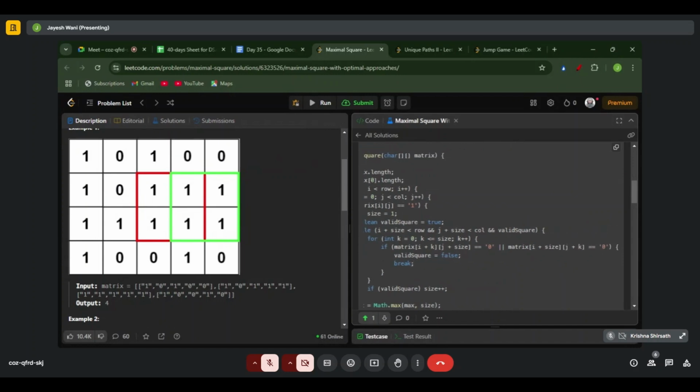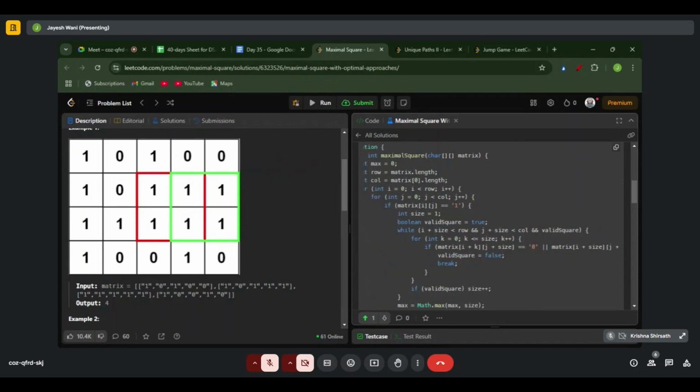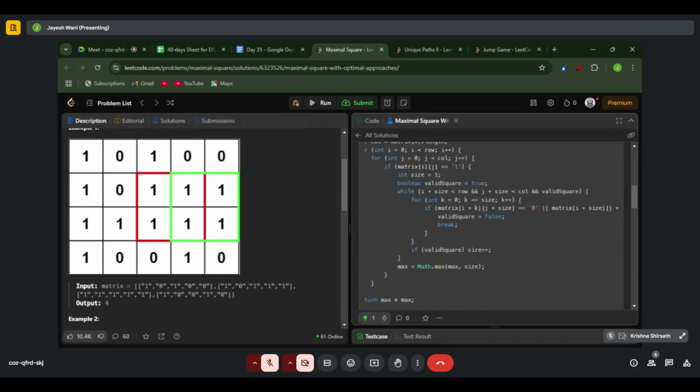If it's 0, or the i plus size square is 0, or we are also considering this element. If any one of these is 0, we are turning our flag to false, and the loop breaks here, and the size doesn't get incremented. So what we can do is,